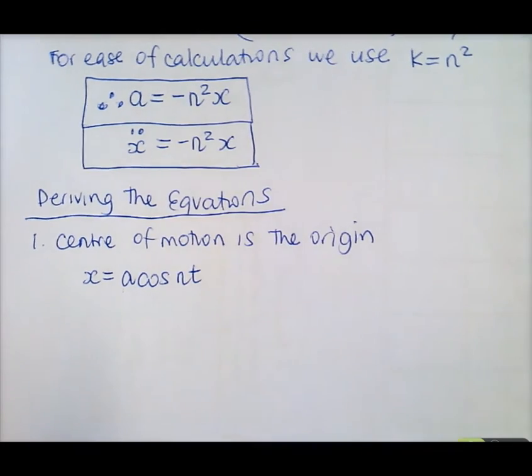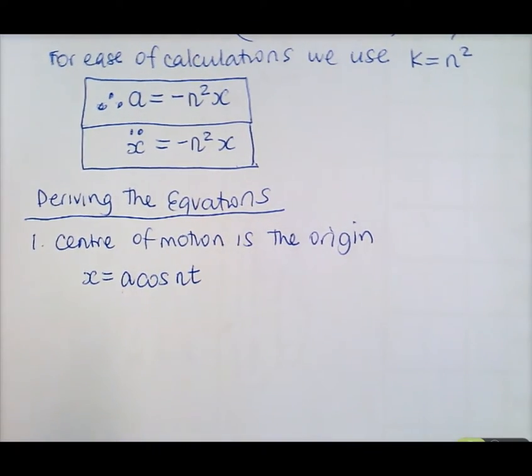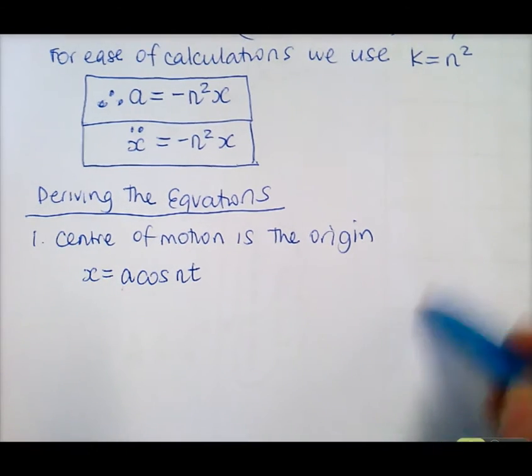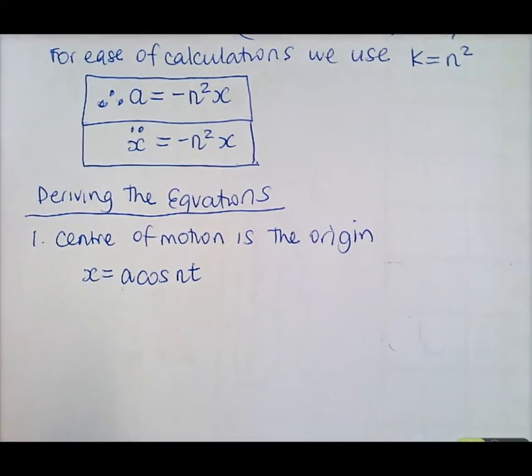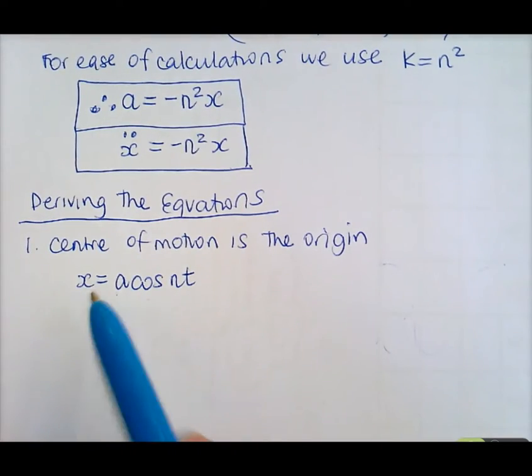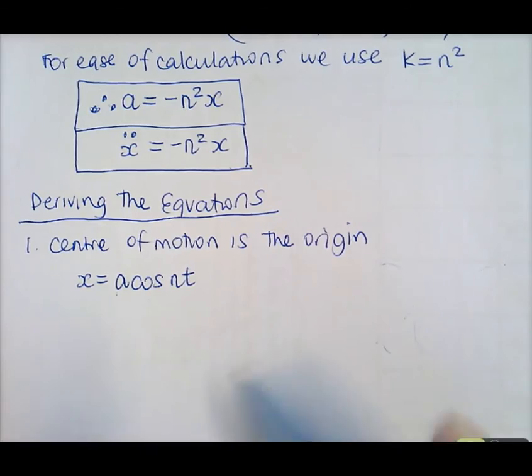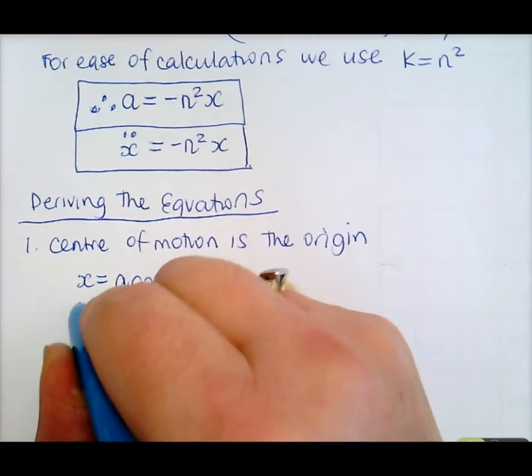We're going to start with the cos curve, not the sine curve. Remember, the sine curve is the cos curve shifted, or vice versa, but we're going to start from the highest point. We're not going to start from the origin. If we take the sine curve, we're starting from the origin. If we take the cos curve, we're starting from the extremity of motion. Okay? So, the centre of motion is at the origin. We've got X equals A cos NT. If you differentiate that,